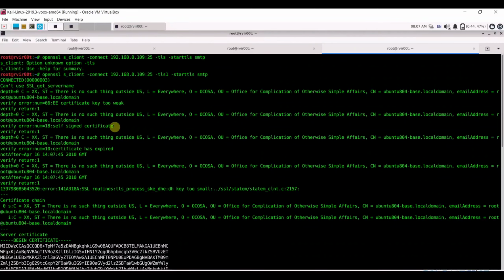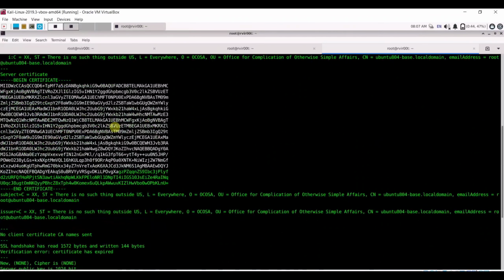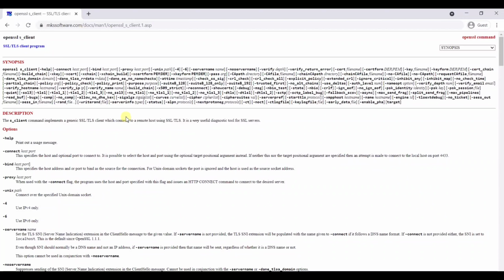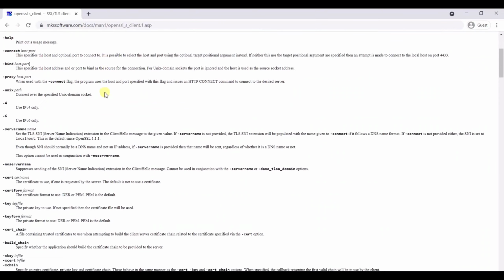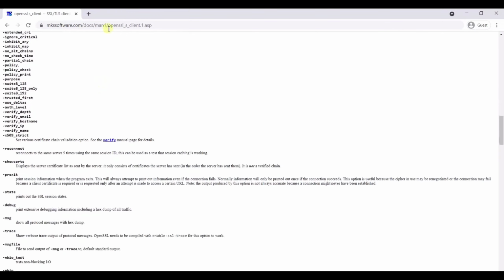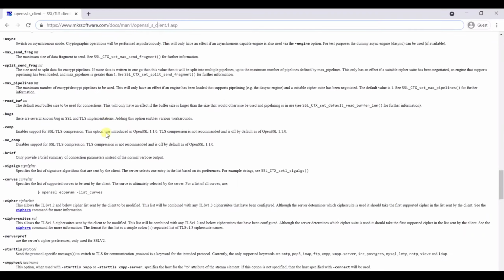If you are using this same thing for port 443, then definitely you can check all these details as well. So it depends on which port they are using for the certificates and other TLS related information. So it's a TLS version. And here I have already opened a link for you guys to use OpenSSL related commands and identify the information. You can go through this link and definitely you will learn more about OpenSSL.